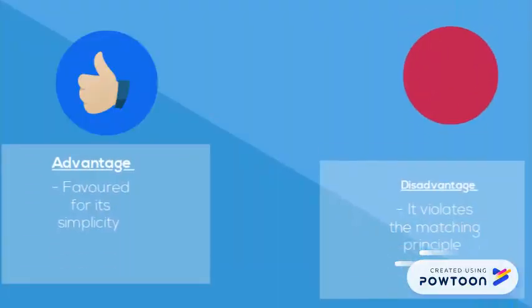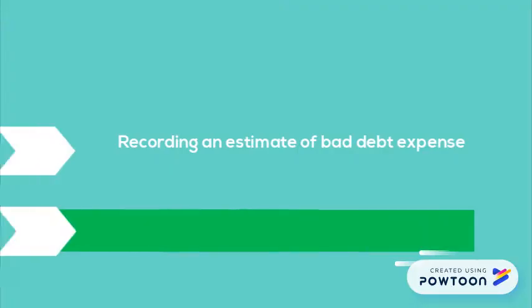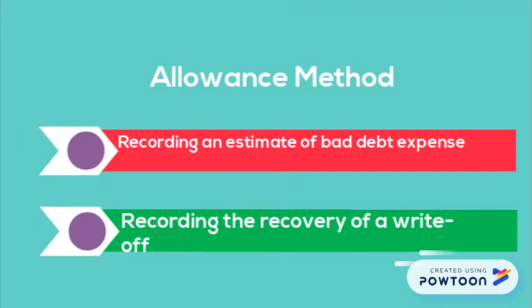Its main advantage is its simplicity. However, its disadvantage is that it violates the matching principle. On the other hand, the allowance method consists of either recording an estimate of bad debt expense or recording the